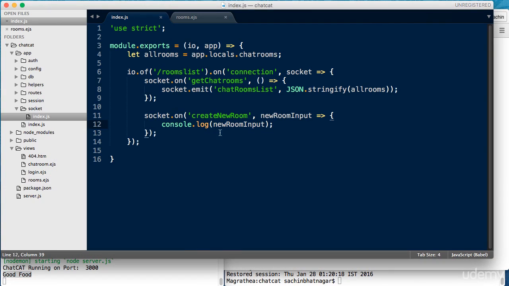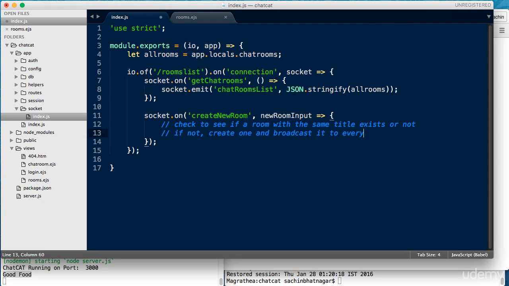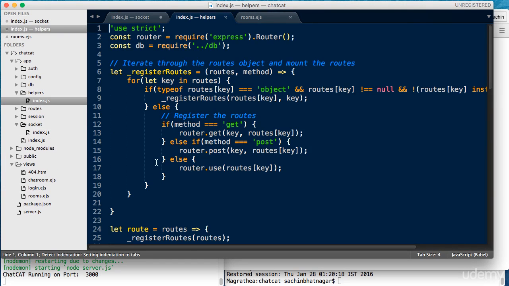What needs to be done now is to first look up the app.locals.chatrooms array to see if a room with a similar title exists or not, and if not, then create one and add to the array before broadcasting the updated array out to the user who has created it and to everyone else who's connected to the rooms page at that moment. This way, everyone gets a real-time updated list of chat rooms and they don't need to refresh the page. So let's write a helper function that checks to see if a room with the same title exists or not. We'll go into our helpers module